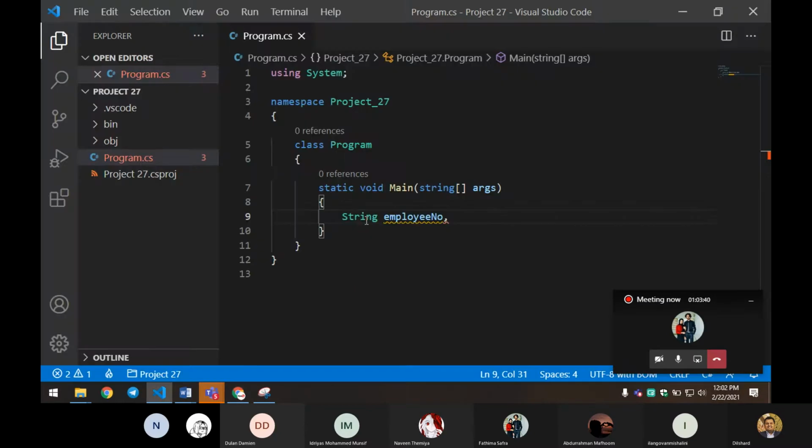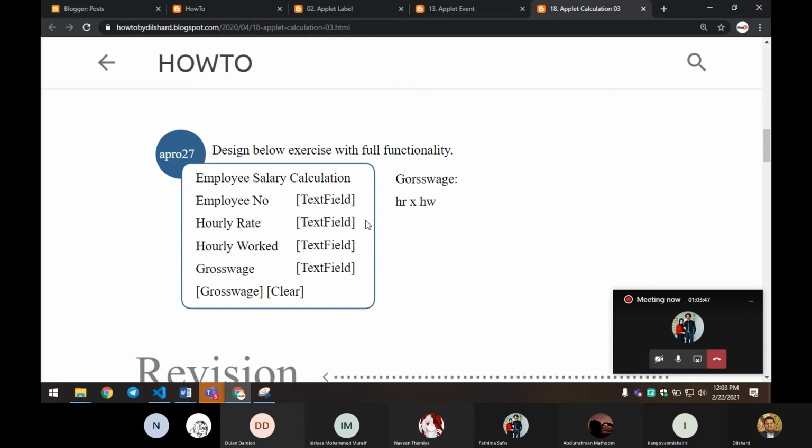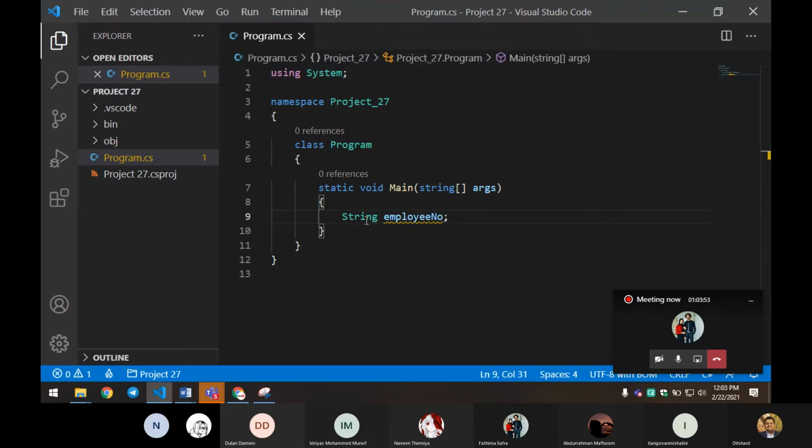And hourly rate. Is hourly rate a string or an integer? Integer, right?